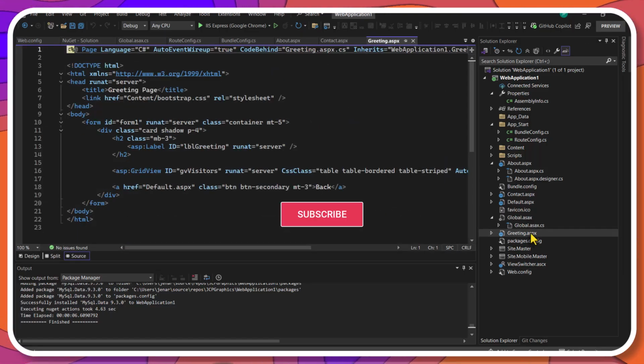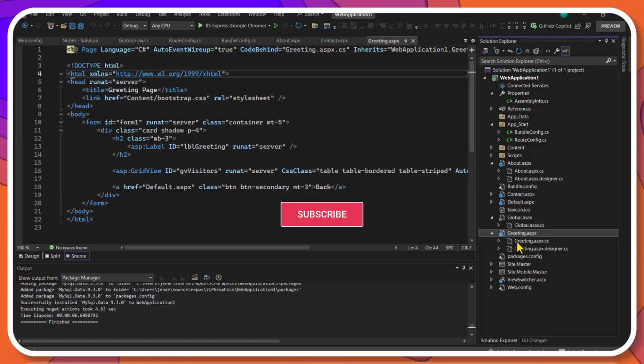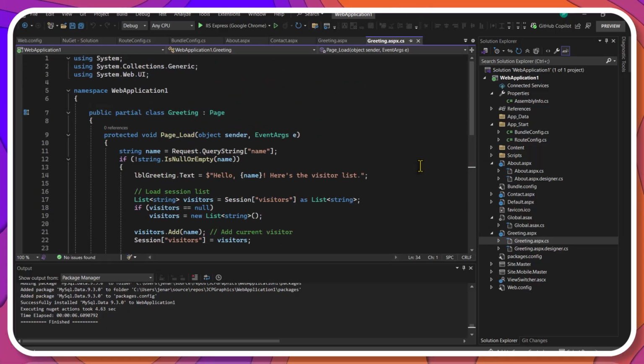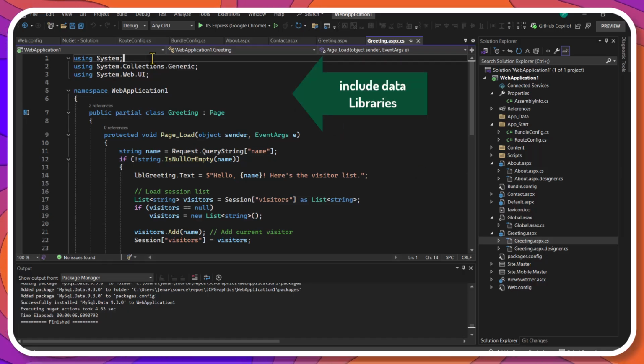Now open greeting.aspx.cs. And include the libraries needed to handle data.